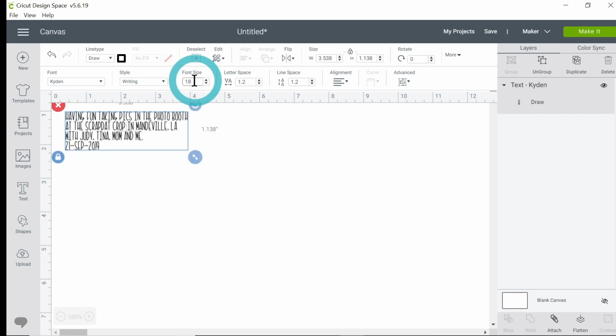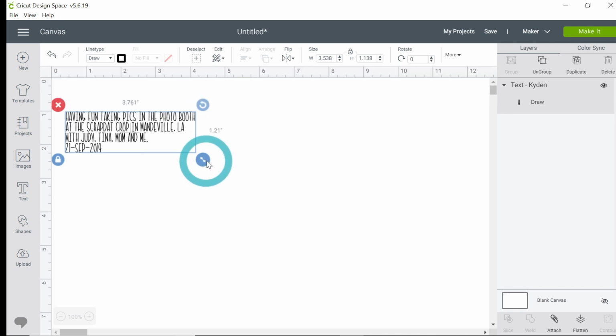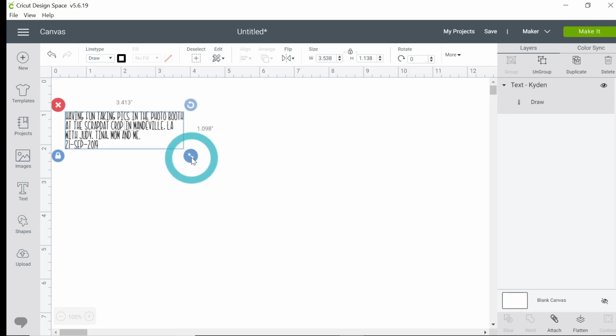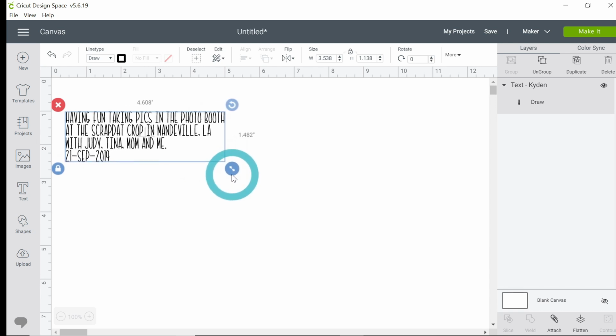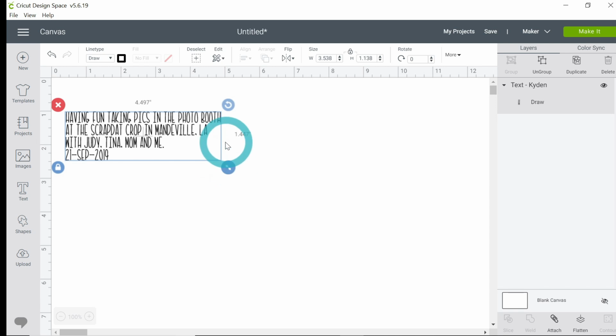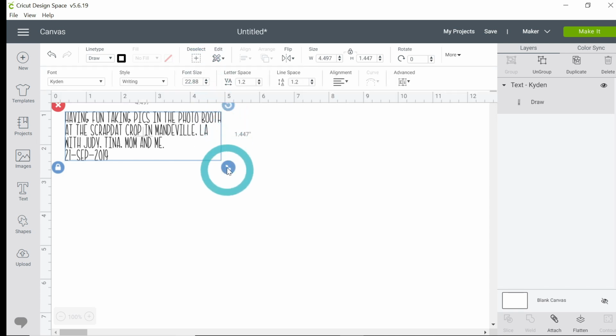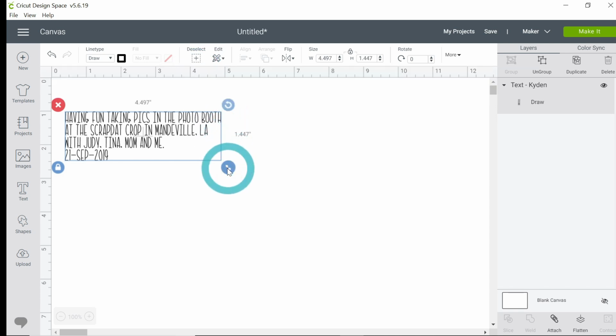I think I wanted it, that's a little bit too small. I think the other thing you can do is you can take this little arrow here and pull it and make it any size you want. And I think when I first created this project, I made it 4.5 inches. So I'm just going to go ahead and make this 4.5 inches again so it'll be the same size,